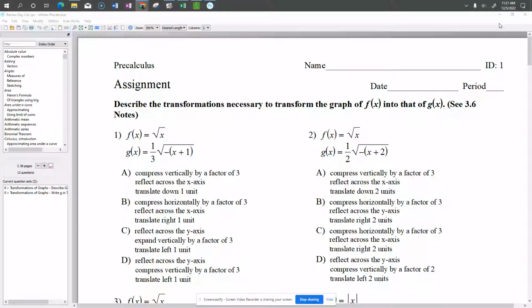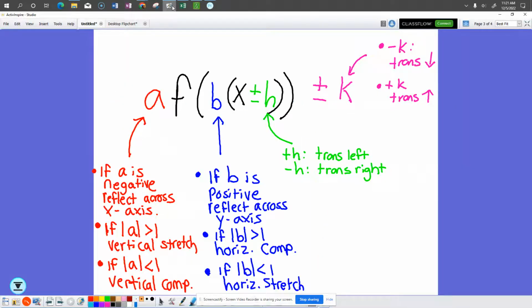All right, guys, welcome to day 2 for our semester 1 final review. Today we're going to go over transformations. So before I start getting into the odd problems, I would like to review with you guys some of the